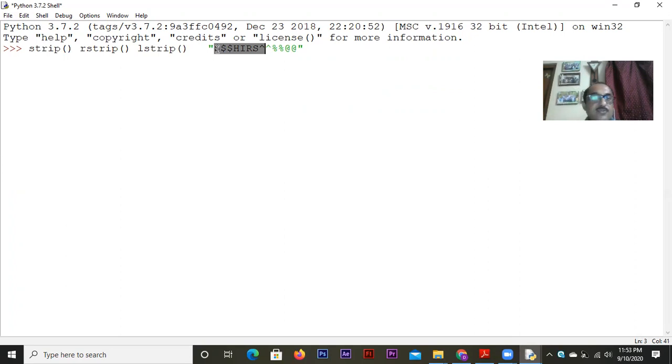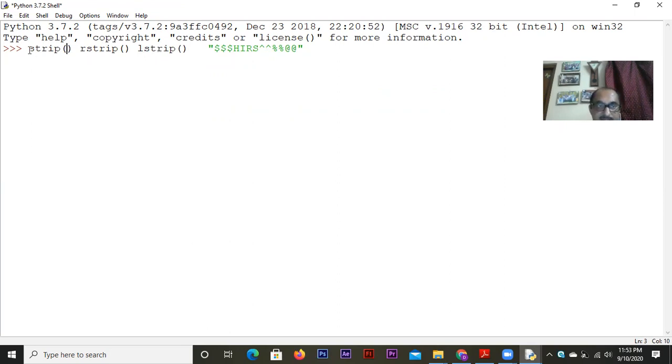You can write a group of characters, then depending on your mentioned characters, they will be basically omitted, and the main string will be taken out. It could be one character, it could be a group of characters, and those characters have to be written as an argument of this function. Like if I want to take out a dollar, so I will write string.strip and dollar. I will write this example, then I think it will be better for you to understand.